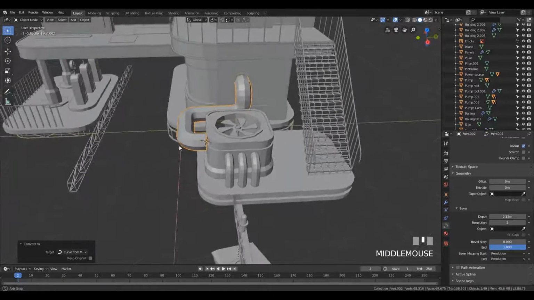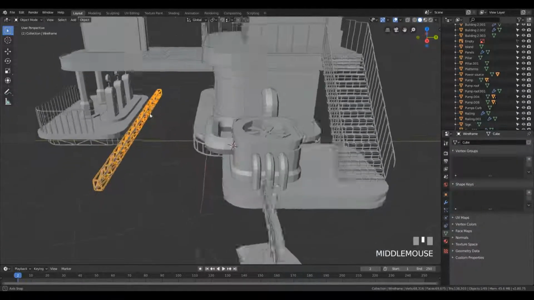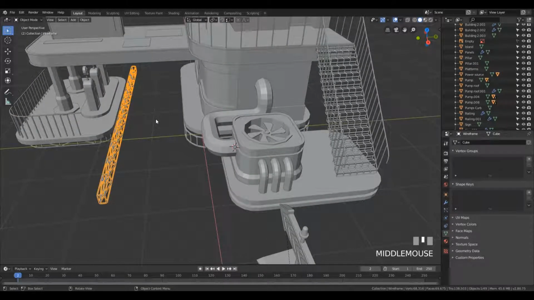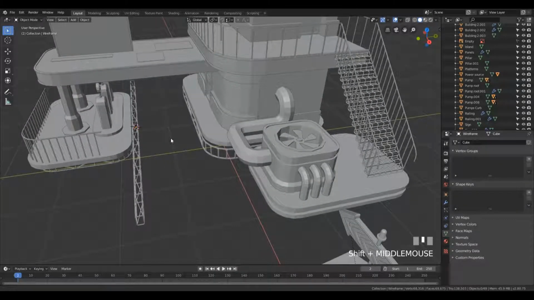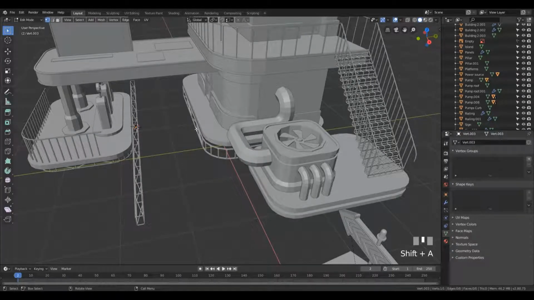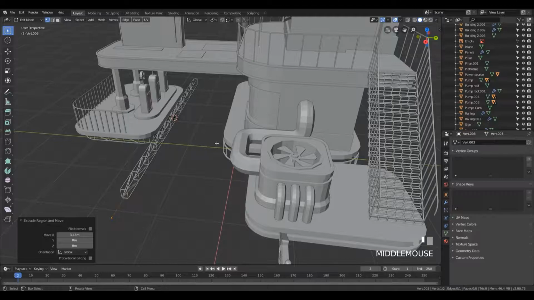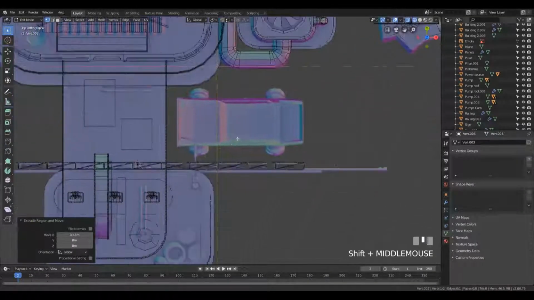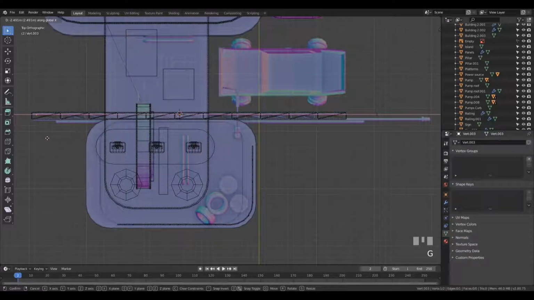Now we'll create the pipes right here that I was talking about before. So let's select this wireframe and let's add a cursor there. So Shift S, cursor to selected. We can now deselect this and let's add a single vertex. Don't forget to check if you're in vertex mode, and let's extrude this on the X-axis. Now we can go to the top view, wireframe, and we can select it all, or just grab a selection around this vertex and grab it on the X. So let's grab it all the way here,